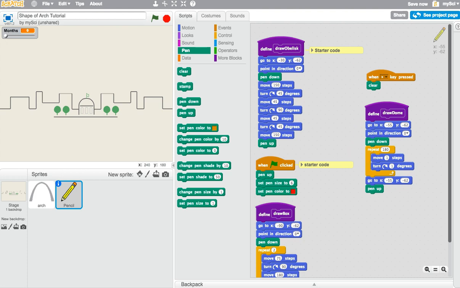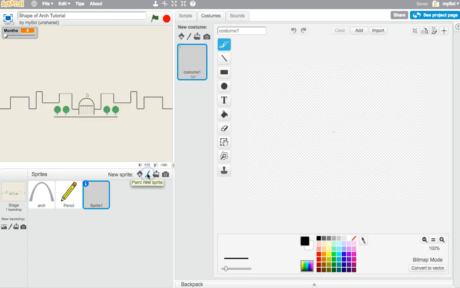and we're going to create sprites to use as buttons to call these events. We'll first start off by drawing a new sprite. So we're going to click on the paintbrush, and it will take us to this blank template. I'm going to create a button that is in the shape of a rectangle, and you can get as creative as you would like. And I'm going to fill it